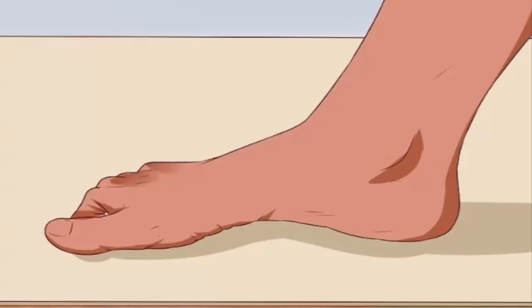Do a V stretch. Lie on your back with your buttocks a few inches from the wall. Place your legs in a V and straighten them. You should feel a stretch in your